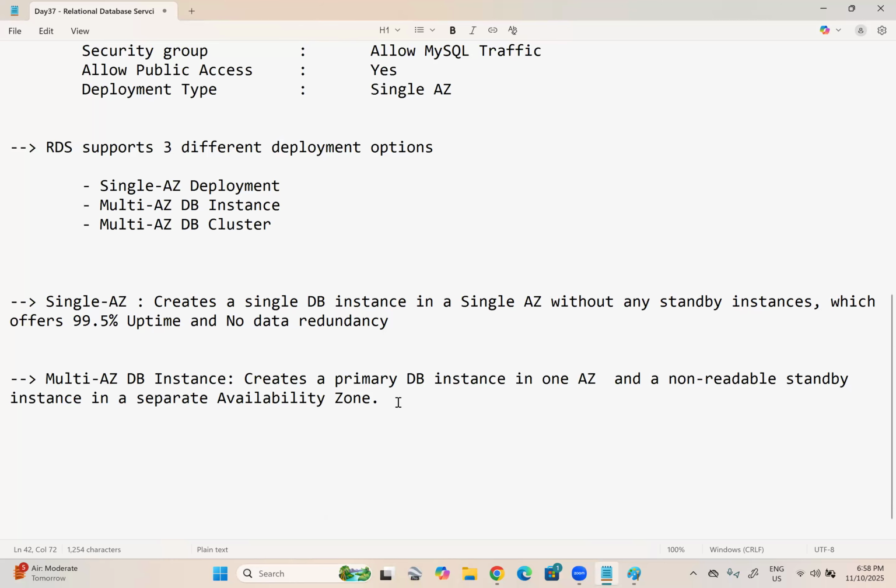Standby instance means it is not operational all the time, like a spare wheel in your car. We don't use a spare wheel all the time, right? Whenever one of your four wheels gets deflated, we will remove it and replace it with the spare. It is a non-readable standby instance in a separate availability zone, which offers 99.95% of uptime